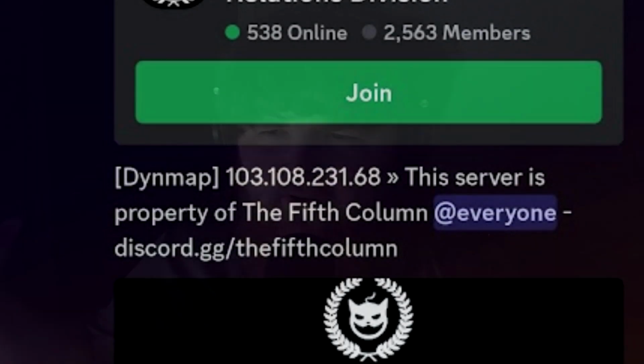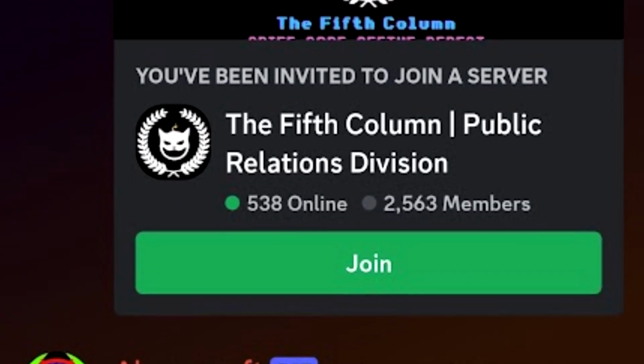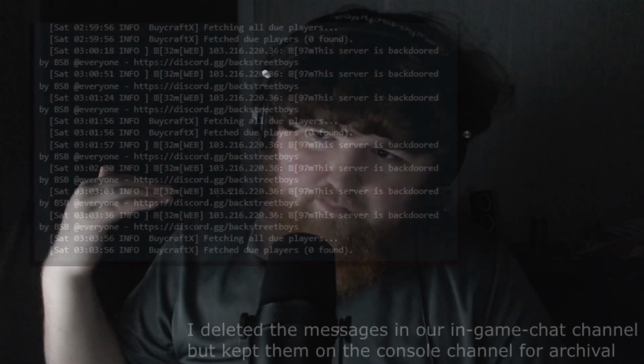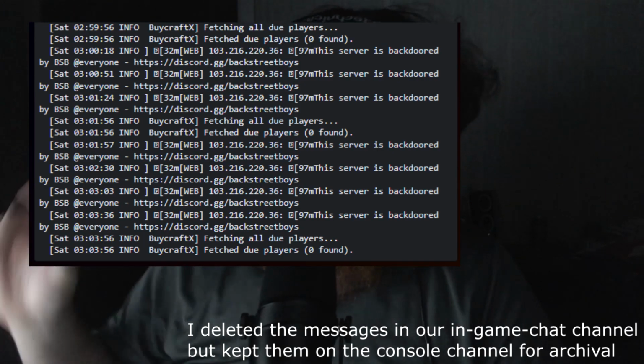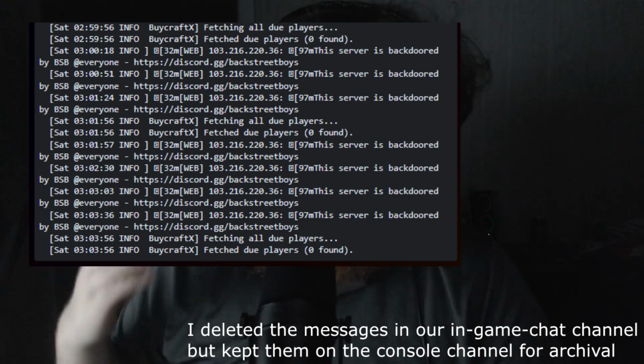But on a family-friendly server, which Minecraft typically is, it was kind of disappointing to see. It went from peaceful, to this server is owned by this hacker group, blah, blah, blah. Yeah, it did that, and then it was, this server has been owned by Backstreet Boys, use the server link. Essentially, I believe the attack vector was trying to pin the blame on that group and get them raided and banned off Discord.